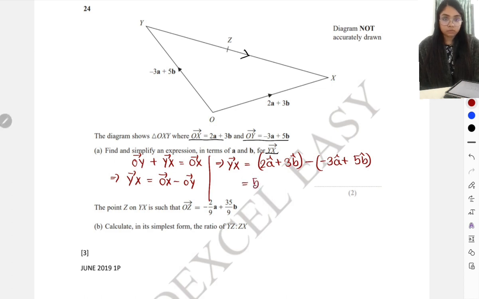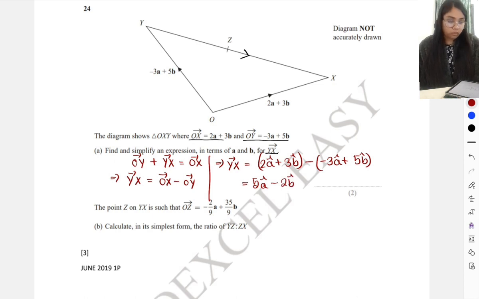So you have 5a, and 3 minus 5. This over here is going to be a negative 5 because minus plus will eventually create minus. So 3 minus 5 is going to be minus 2, right? So 5a minus 2b, and that is the final answer for your